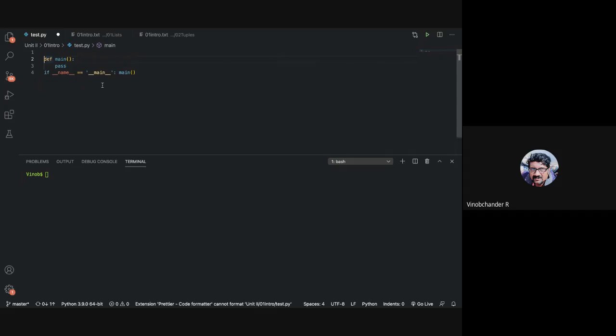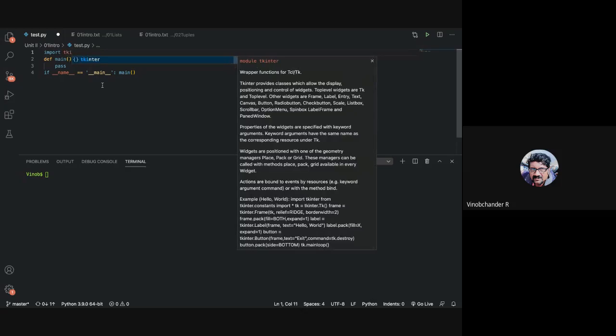See, students, one widely used, popular module that you can work with during your free time to have your standalone Windows-based application. You can create Windows-based applications using a module called Tkinter. So the module name is Tkinter. You can import that module first. Import Tkinter. Let me see if it is available. Yeah, it is available.